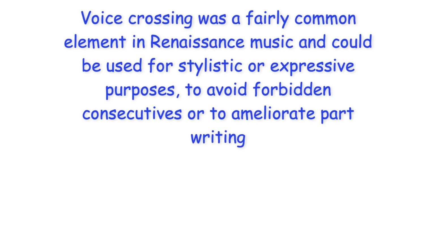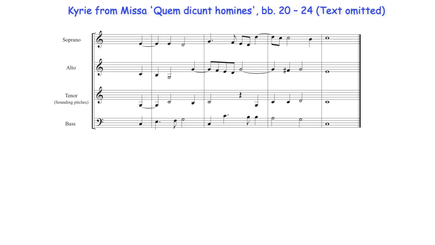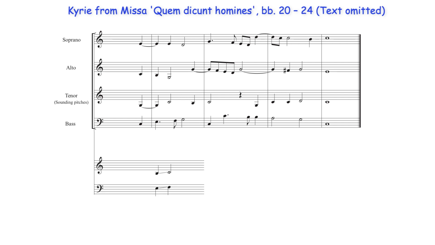Hi everyone. Voice crossing was a fairly common element in Renaissance music and could be used for stylistic or expressive purposes, to avoid forbidden consecutives, or to ameliorate part writing. In this bar by Palestrina, for example, the crossing between the alto and tenor parts avoids potential consecutive fifths formed